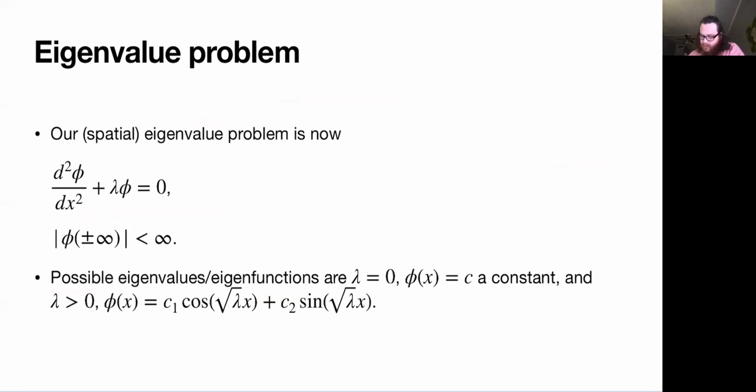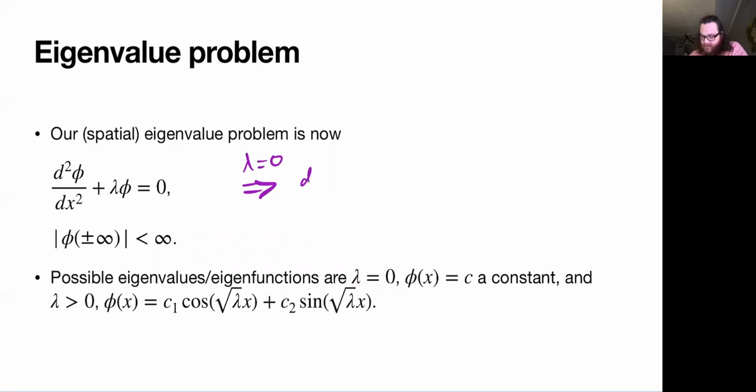So let's look at this a little more in depth. Now we're actually going to go back and solve this eigenvalue problem with these boundary conditions at infinity. So this is the ODE we're working with. What are the boundary conditions? You need the solution to be bounded as you go out to plus or minus infinity. And so what we'll see is the possible eigenvalues and eigenfunctions. If you plug in lambda equals 0, and solve for this,